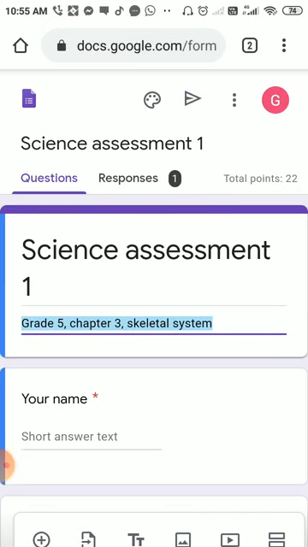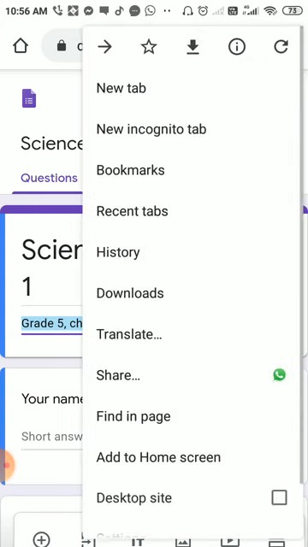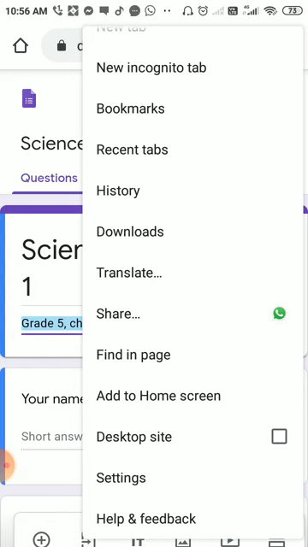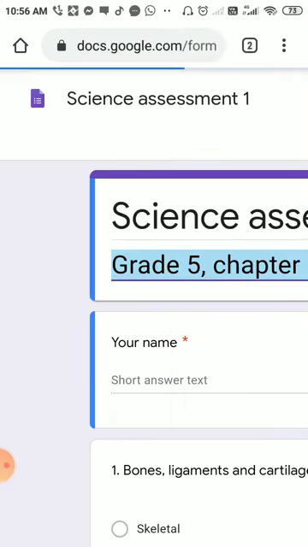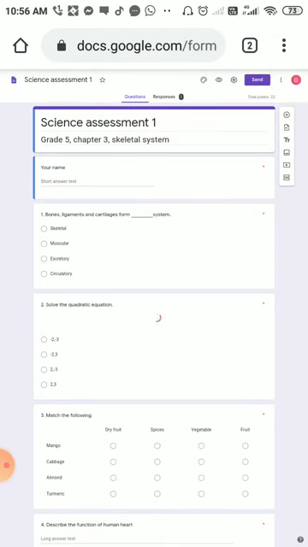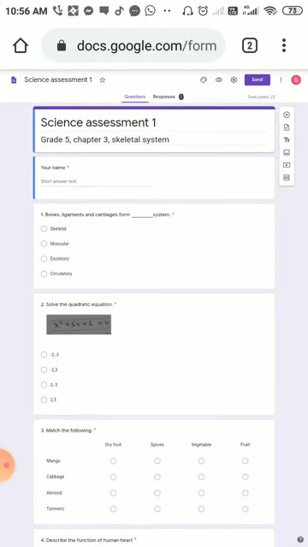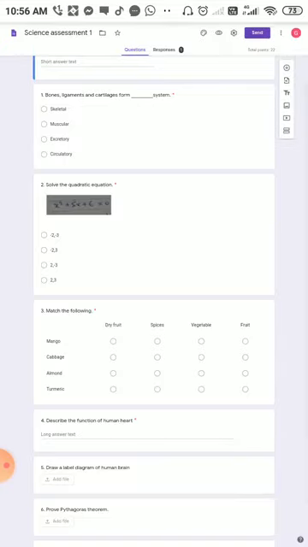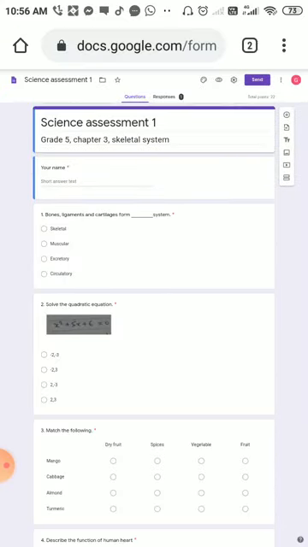Okay, so to get the add-on button through the mobile, you need to click the top three dots, which is written beside the search bar box. So if you click these three dots, you will get a lot of options. There is an option desktop site. So just click this desktop site. When you click the desktop site, you can see the Google Form as you can access from the laptop. So through the laptop or the computer, the same view you can see through the mobile also.